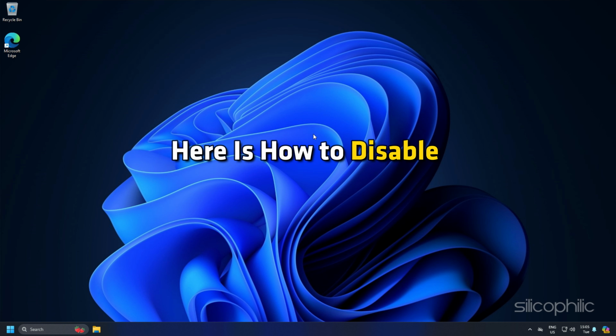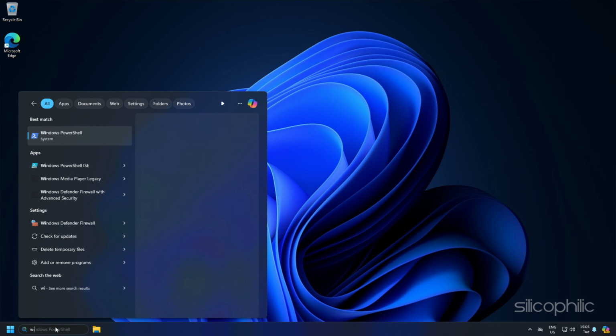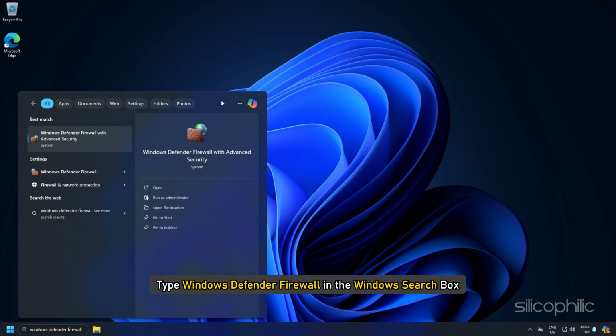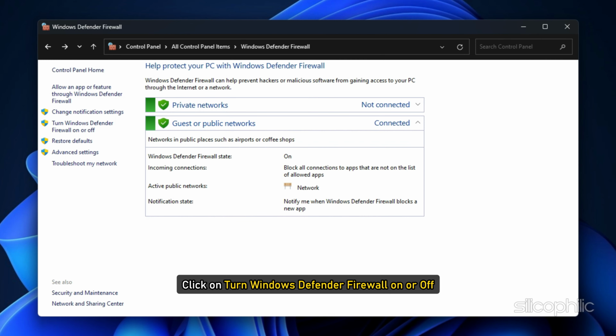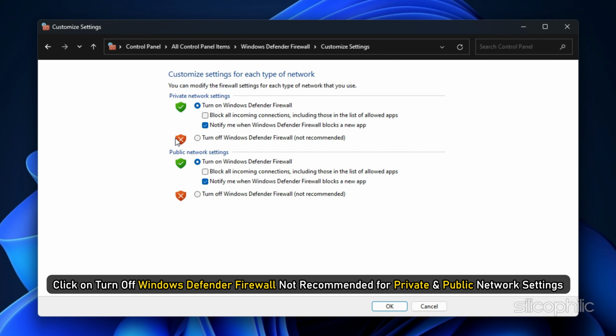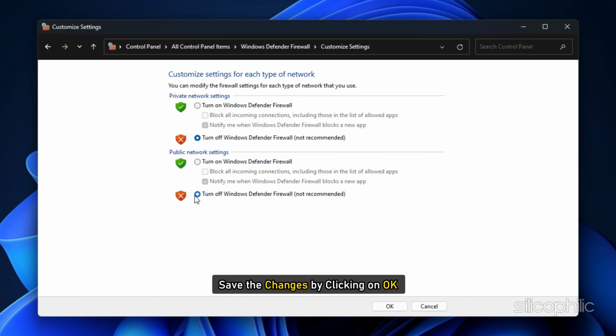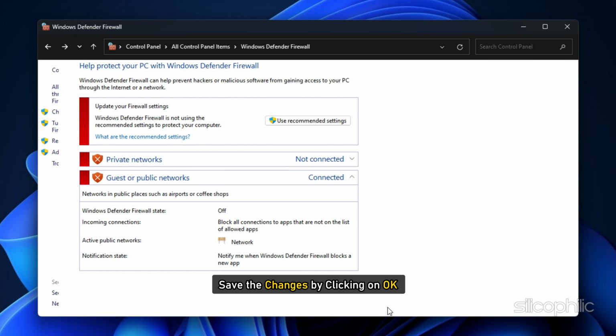Here is how to disable Windows Defender Firewall. Type Windows Defender Firewall in the Windows search box and select the top option. Click on Turn Windows Defender Firewall on or off. Click on Turn off Windows Defender Firewall, not recommended, for private and public network settings. Save the changes by clicking on OK.